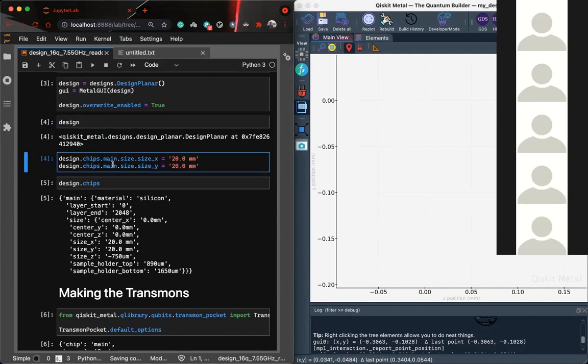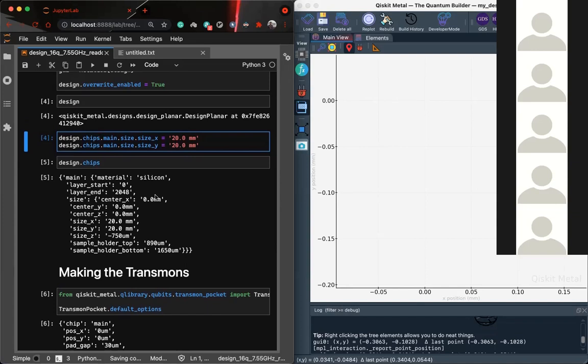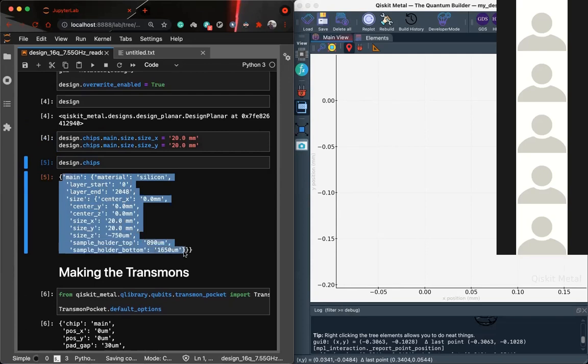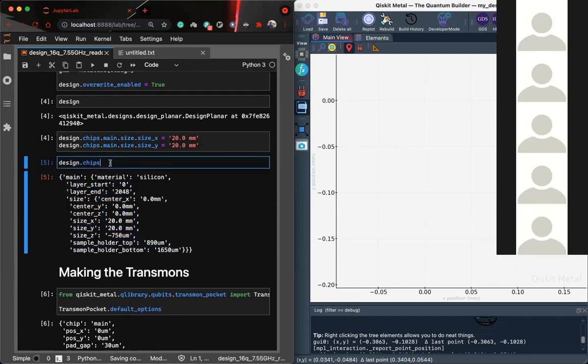Okay, so Metal actually gives you that functionality, but here, since this is an initial design, we are only working with a single quantum chip. So we name that the main chip, and we have this dictionary of chips. I have printed design.chips, and it gave me this dictionary which has different parameters like the material we are using and the